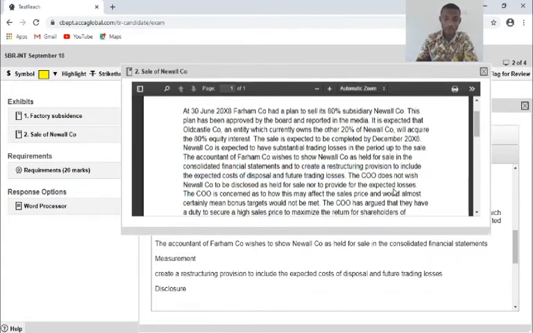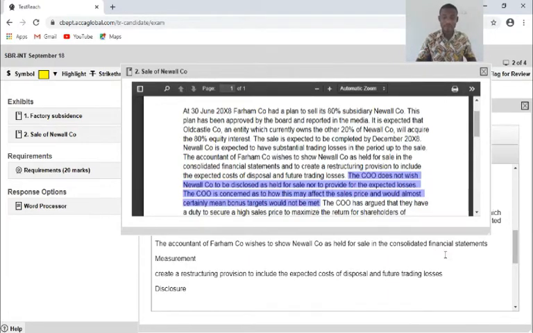Now the CEO does not wish New World to disclose, so look at it as another major issue. And it says that the CEO is concerned as to how this may affect the sale price and would almost certainly mean... So I'm going to copy this and watch what I'm going to do.